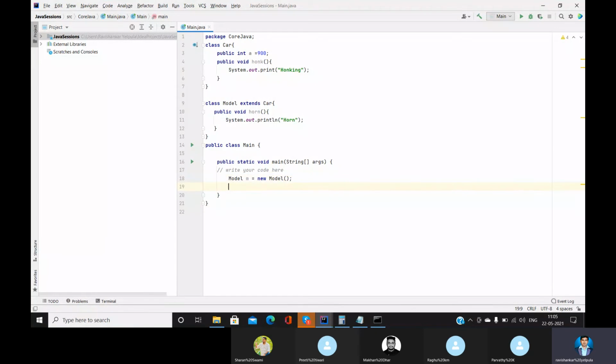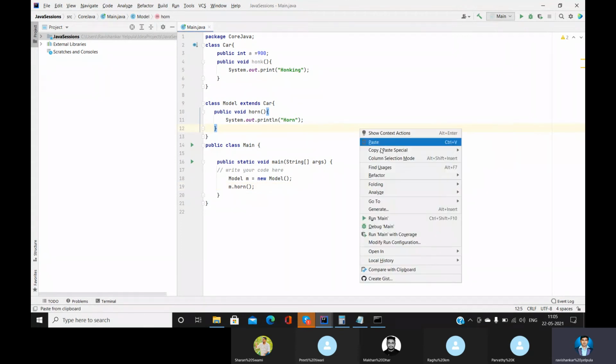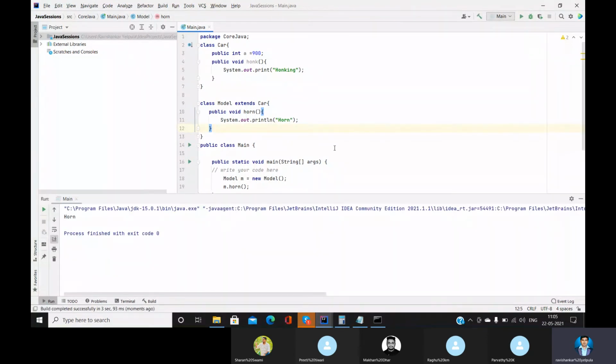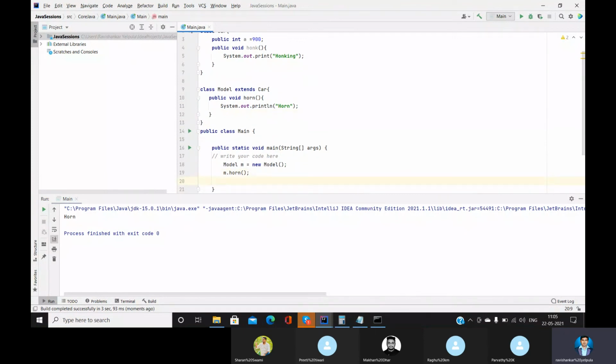Okay, and we are going to call this method, m dot on. On, you can see this. So we'll try to call another method, m dot honk.